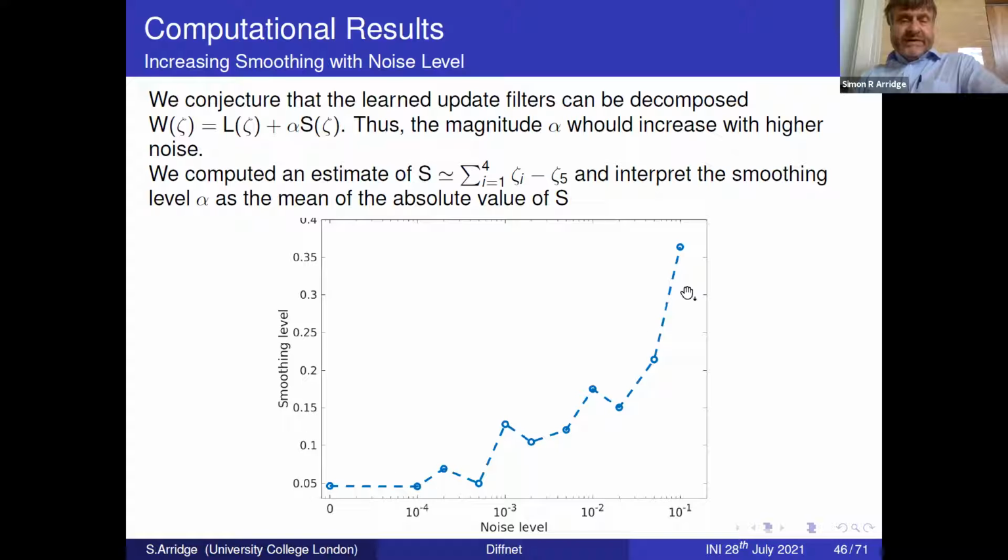We estimate this by explicitly taking the sum of the off-diagonals minus the diagonal and taking the norm of this. And we do indeed find that the magnitude of that regularizer, which has been learned together with the operator, is increasing with the noise level in approximately quadratic form, which we would expect with an L2 loss. So one of the points I'm making is that we have greater interpretability about what the inversion operator is doing, in terms of the components of a non-stationary diffusion process and a regularization process.